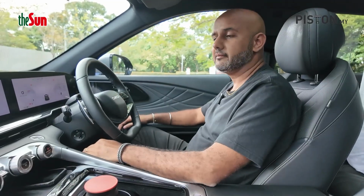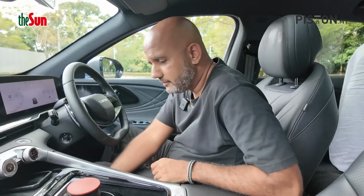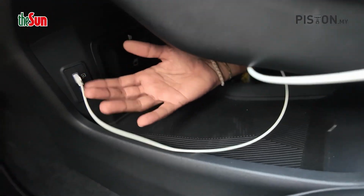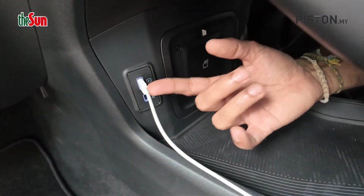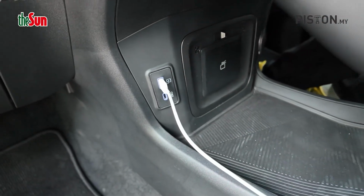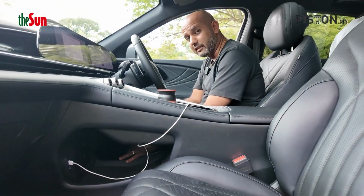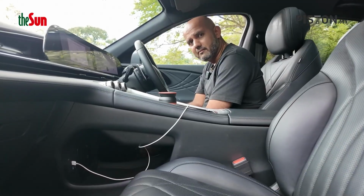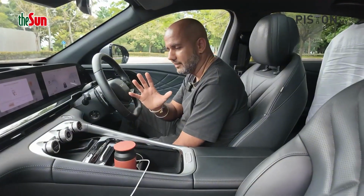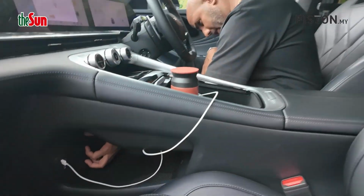Yeah, exactly. So the other thing that I need to mention to you is this double stacked storage space over here. But check out the positioning of the USB port. It's all the way over there. So if you are driving this car alone, man, you would be hard done to reach that USB port, just like I was yesterday. I mean, why? And that's the thing about Chinese car makers. I want to talk to you about that shortly,